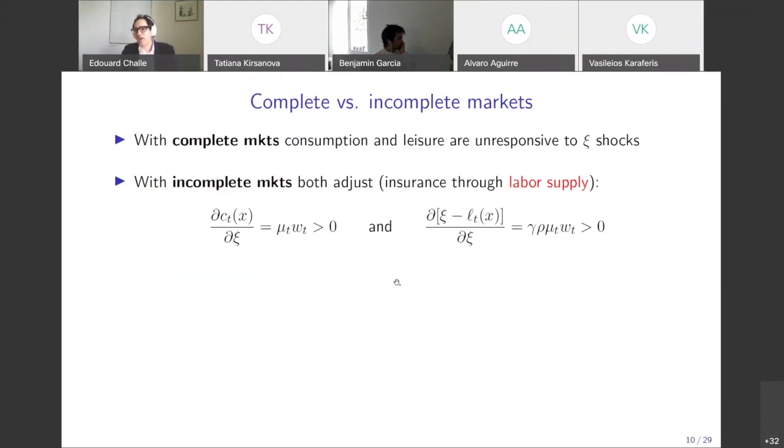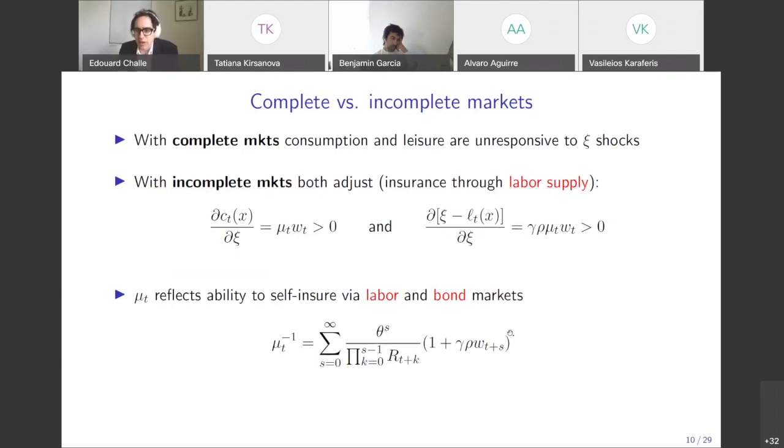So now I've given you the two basic things that agents can do to buffer the shock. They can adjust labor supply, and they can use the credit market. These two markets, the credit market and the labor market, will be used for self-insurance under incomplete markets. And the ability of the agents to use those markets to buffer the shock is completely summarized in mu, this marginal propensity to consume. So mu t is, so to say, the sufficient statistic for the ability of agents to self-insure.